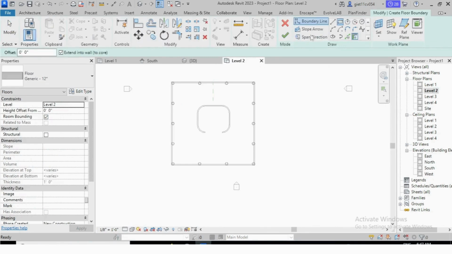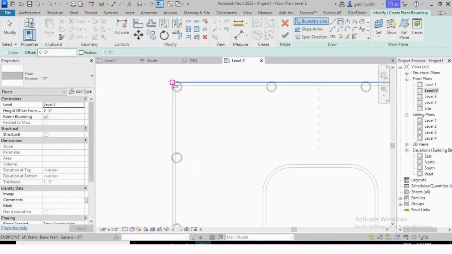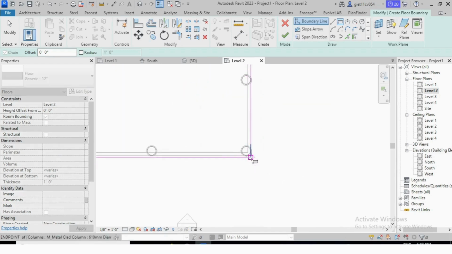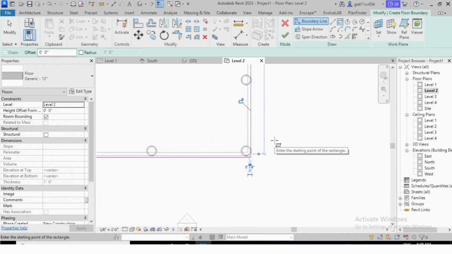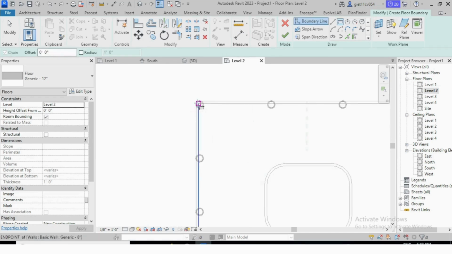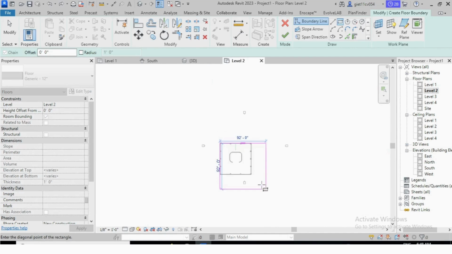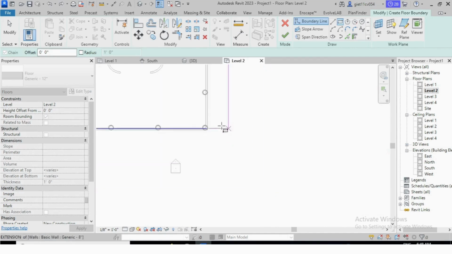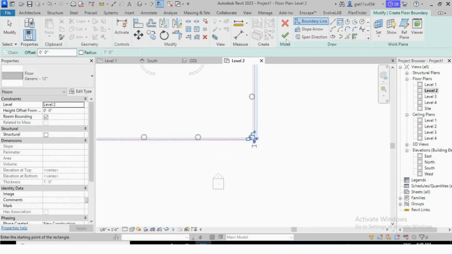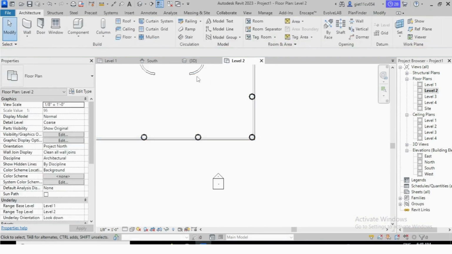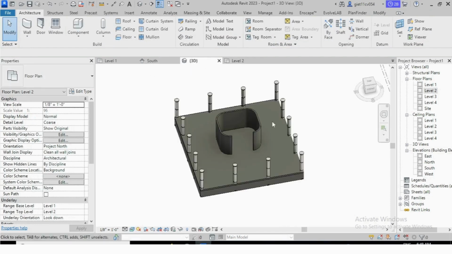Select the boundary, make it up to, select the boundary from here up to here, finish it. Okay, going 3D, let's see.